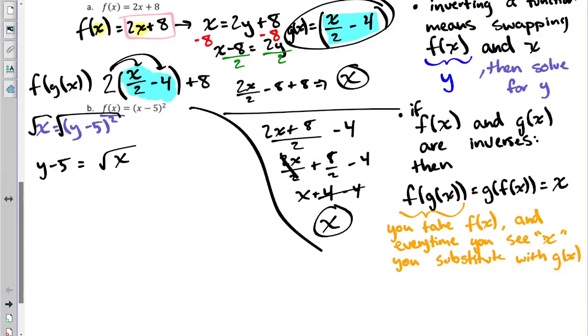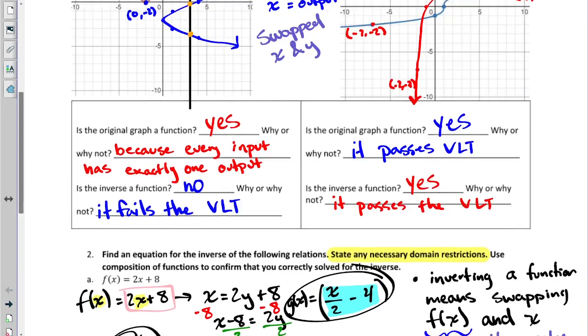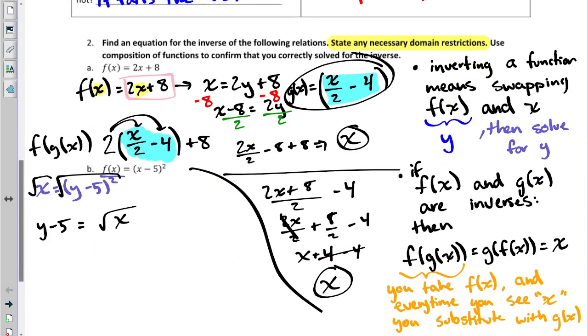And so normally when we take the square root of both sides, we have to consider the positive and the negative version of that variable, right? There's two ways to multiply something together by itself. You can have a negative times a negative or a positive times a positive. That's where this plus or minus comes from. But because we want to invert this thing and have it be a function, I'm actually only going to choose the positive version this time. I'm going to just say forget about the negative. Okay, so that means we're going to restrict